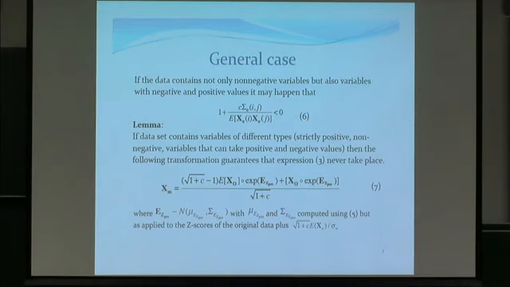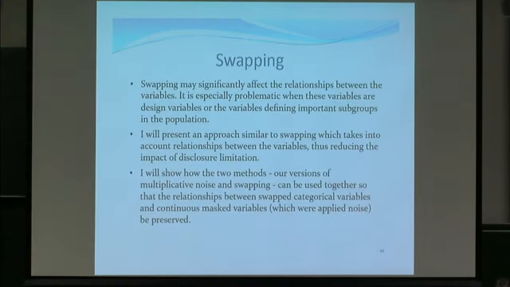Okay, and I have a couple of slides for the general case when we have different types of variables, when we not only have non-negative variables, but also variables which can take negative and positive values, and also variables which obey inequality constraints in our data, and we want to apply this multivariate multiplicative noise which will preserve the moments and these constraints. So then we will need a slightly different transformation, but unfortunately I don't think I have much time, so I'm going to skip it, but the basis is still the same. So I'm going to skip the slides and go to the second part.